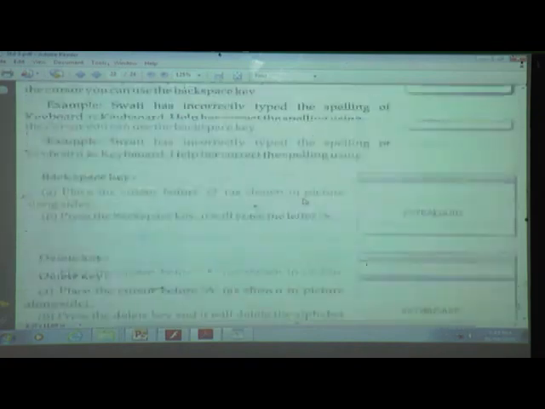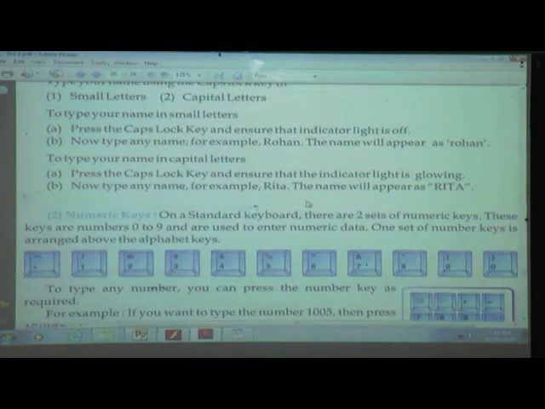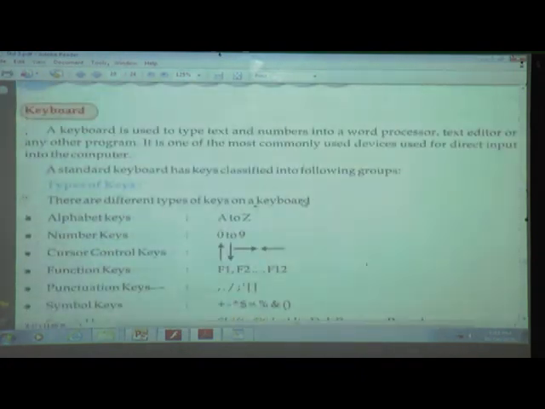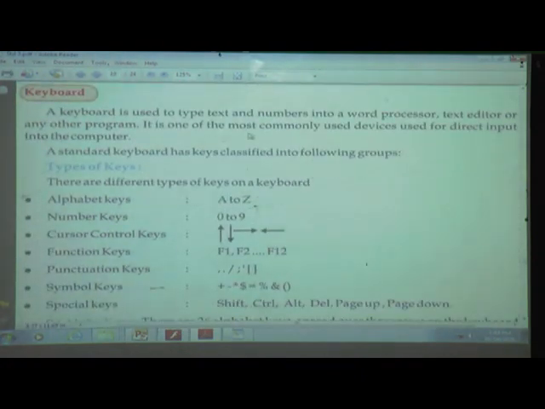What have we studied? We have studied the keyboard. What is the use of the keyboard? If you want to write text or numbers in a word processor, text editor or any other program in a computer, at that time we use the keyboard.